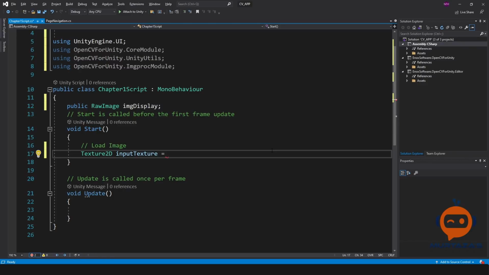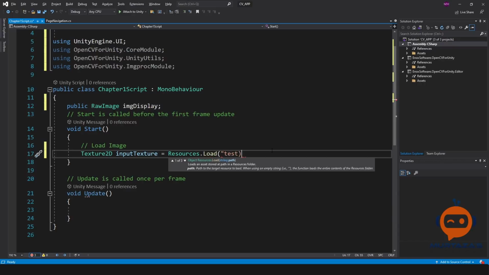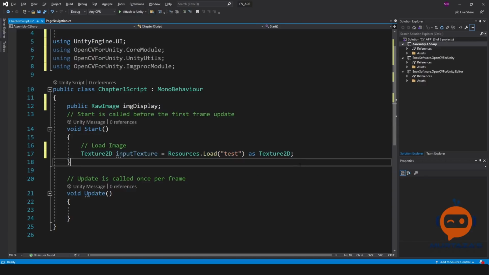And we will call resources.Load, and then we will say test. So we need to close that. And then we will say that we want to load it as Texture2D. So there you go. So this line basically all it does is it declares this variable as an input texture, and it loads this